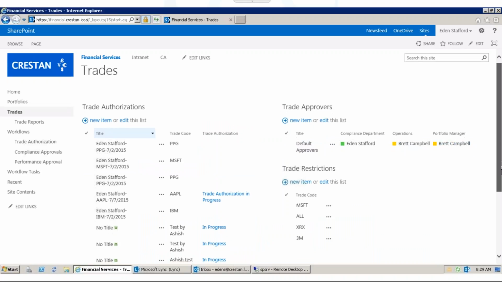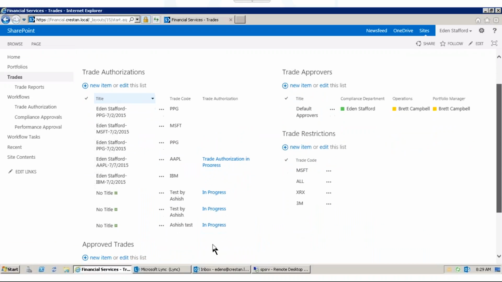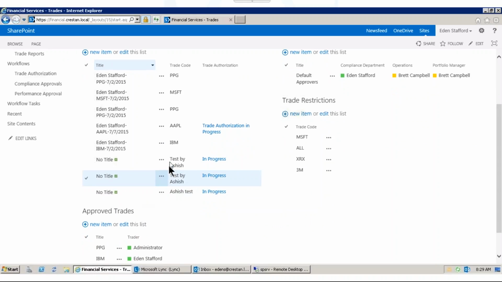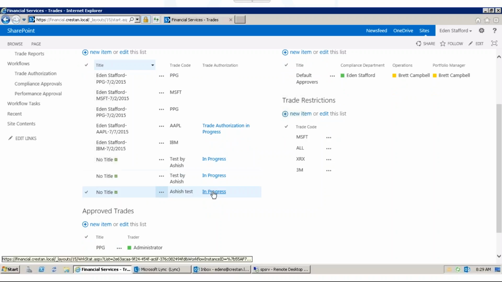Okay, so you can see here that I submitted 3 forms and all 3 of them are added in this SharePoint list, and the workflow has been started. It was so quick to submit the form from my cell phone and it got added in the SharePoint